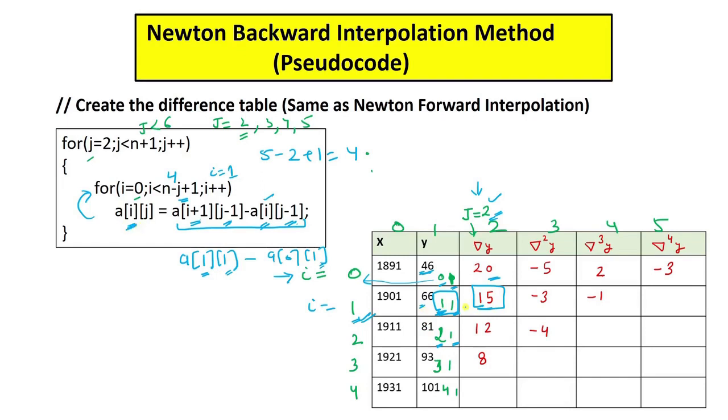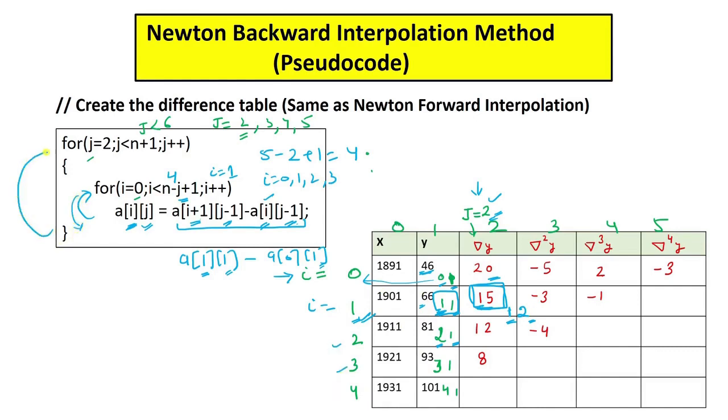So here you can see that this is my a of ij. I'm not saying something like a of i plus 1, j minus something. Why? Because here you can see this is actually row number 1, column number 2. Okay, so when I am finding this 15 by the subtraction of 81 and 66, my i is 1, j is 2, and this is simply 1, 2. So this is corresponding to my i and j only, simply a of ij. Okay, so I'm not writing something else. So this way when this loop gets over after running from i equal to 0, 1, 2 and 3, I will be coming out of this loop.